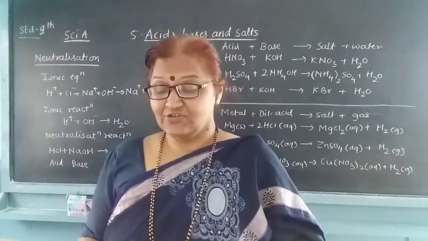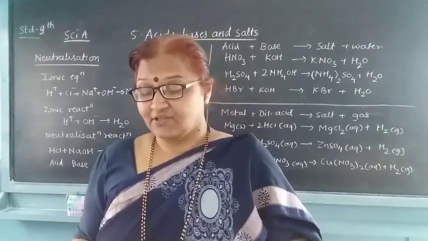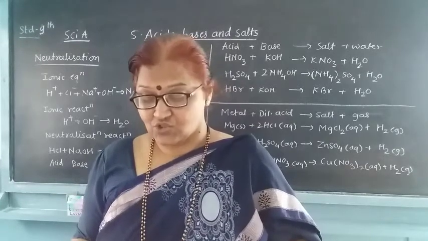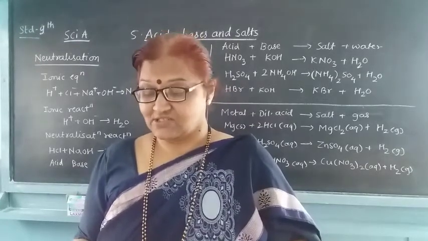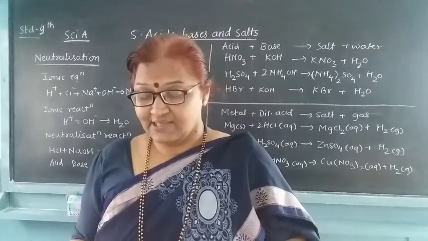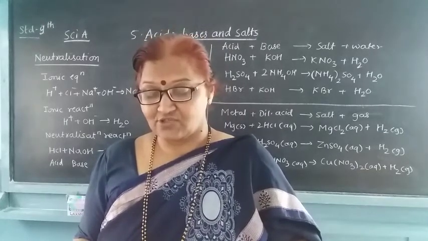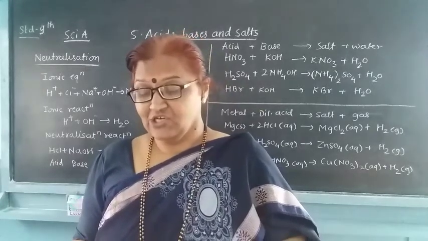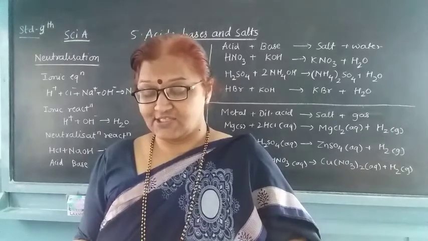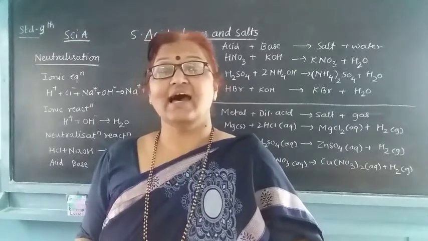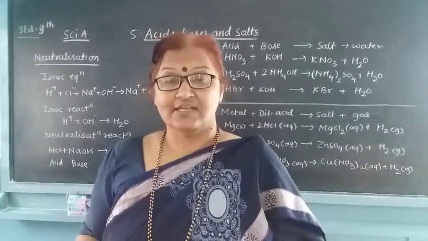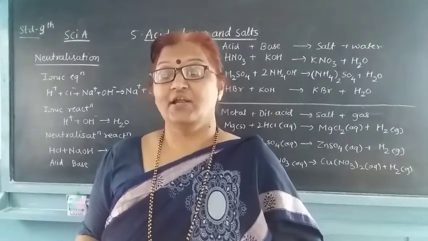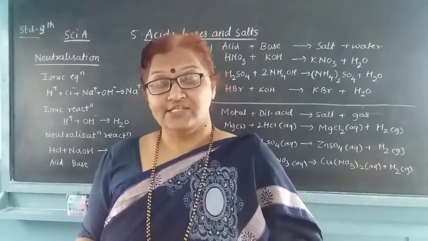The neutralization reaction. Why does the pH change as the NaOH solution is added drop by drop to the HCl solution? The answer lies in the process of dissociation. Both HCl and NaOH dissociate in their aqueous solutions. Addition of NaOH solution to the HCl solution is like adding a large concentration of OH ions. We know that NaOH is a base, so on dissociation it gives us OH minus ions.